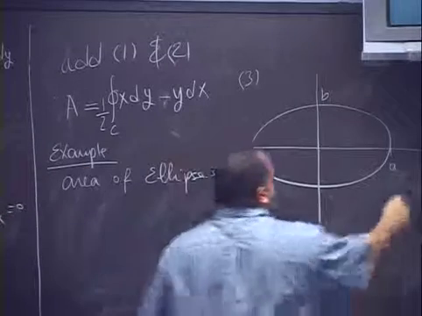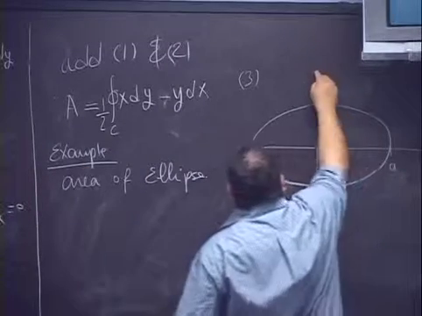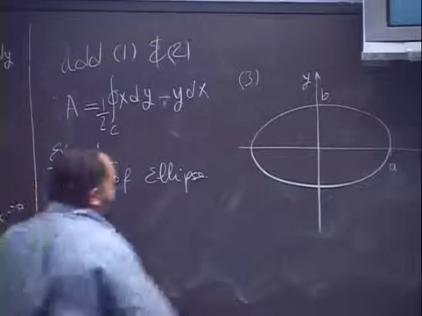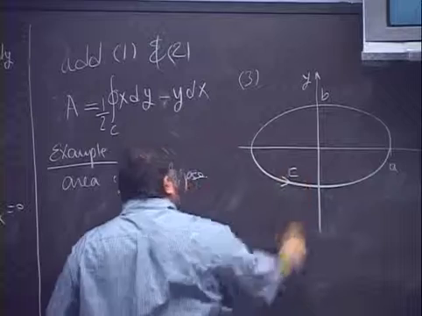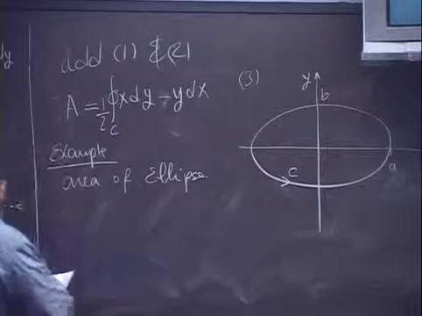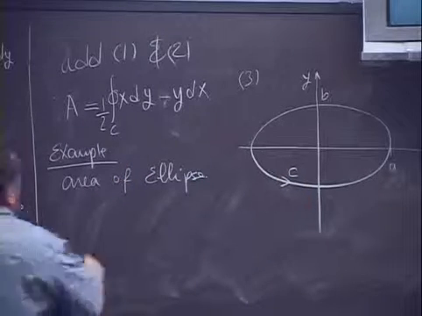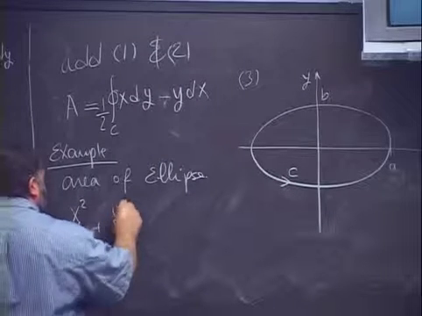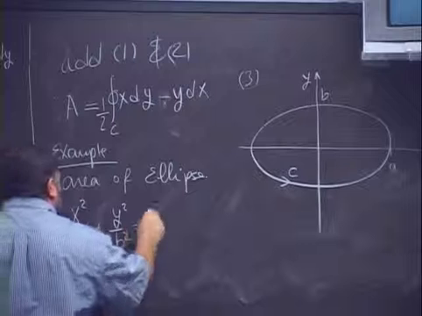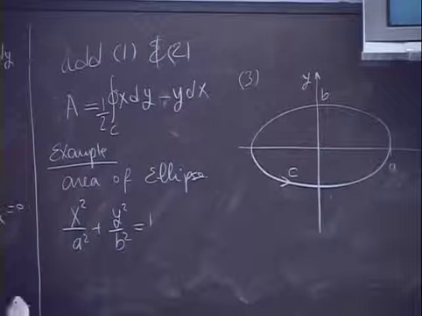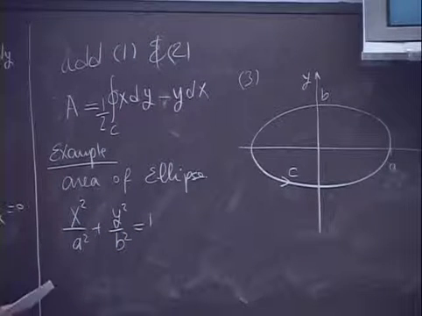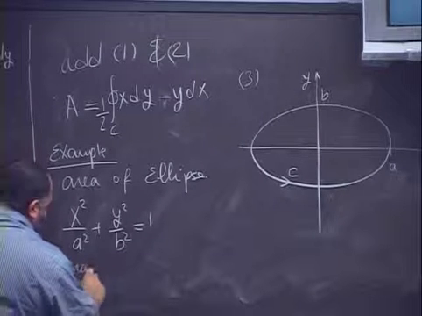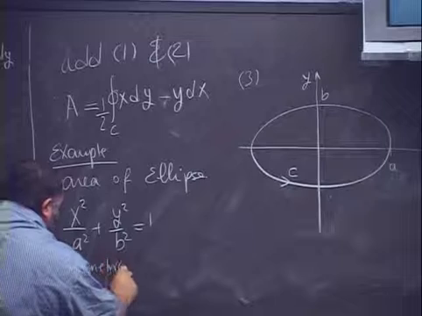And this is the x coordinate, this is the y coordinate, and this is the contour C. So what's the equation of an ellipse? x squared over a squared plus y squared over b squared is equal to 1. This is the equation for an ellipse, as all of you know. In parametric form,